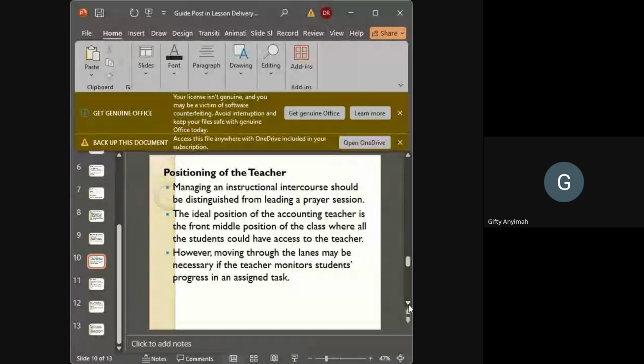You divide the board into three parts, if it is big. The one that I use is big, so I normally divide it into three parts. Then I start from the middle. When I finish writing the middle, I go to the one at my right side and continue from there before I come to the left side. That's how I do it. If there's any correction, I'm ready.